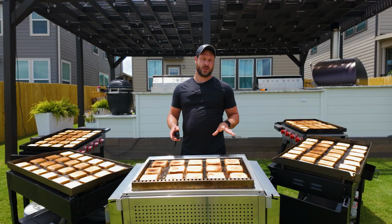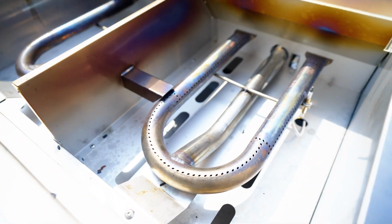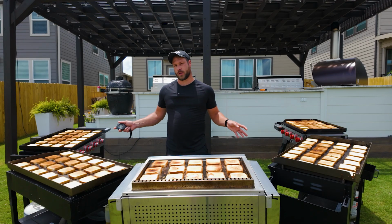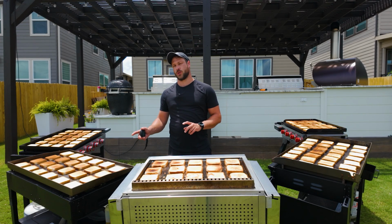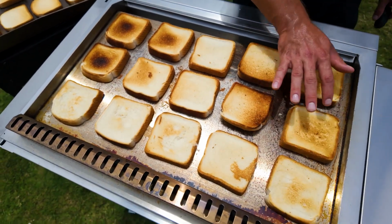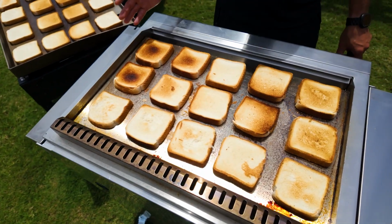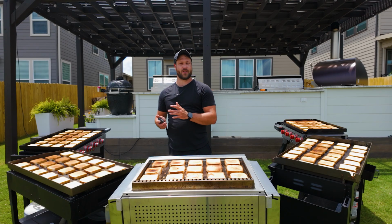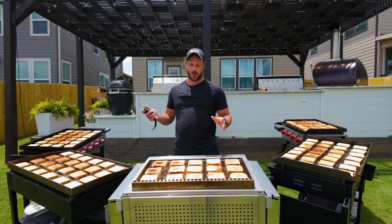And remember, this griddle has the U-shaped burners, so it's not like the linear burners that you find in all the other griddles that we're testing today, other than the Pit Boss. That one does have one U-shaped burner, and the results are very consistent. And I noticed that while I was using the heat gun, there wasn't a big temperature swing from one side to the other. It stayed somewhat consistent all the way through the surface,